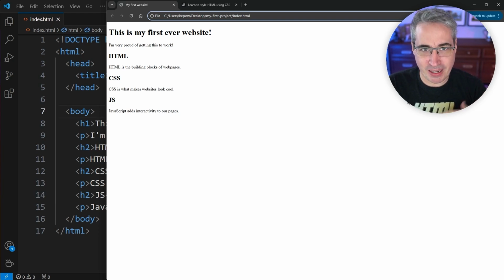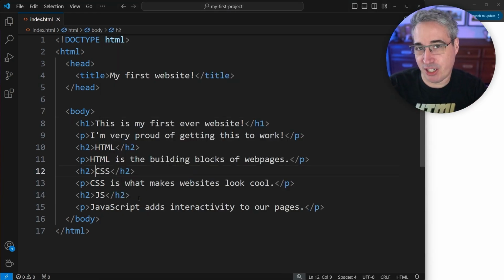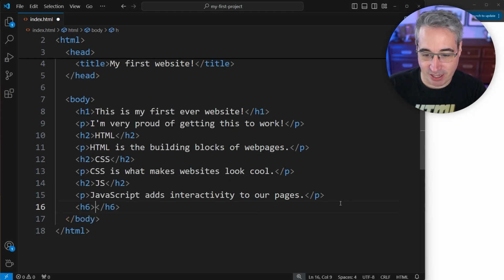So they're sort of denoting the same level of hierarchy, and then we have the text that goes with each one of them. And as we saw, I got down, I think, to an H4 when I was doing this before. The lowest level we can get to is an H6. And I will say it's very rare I ever get down to H6. Most websites I do, I get to an H3, sometimes an H4. I very, very rarely ever get down to an H5 or definitely an H6. It's very rare that you might get that far, but sometimes you might need it,